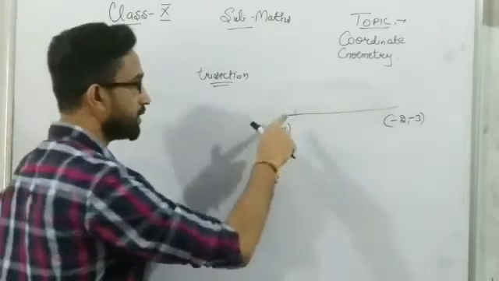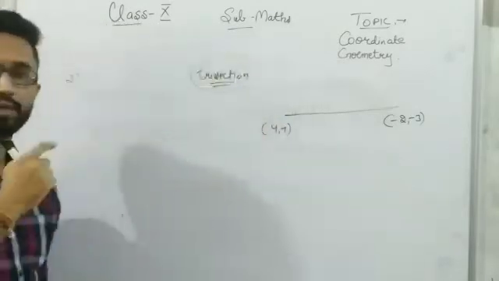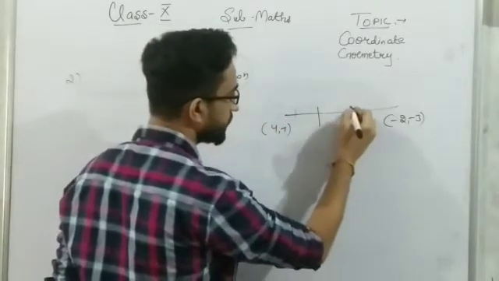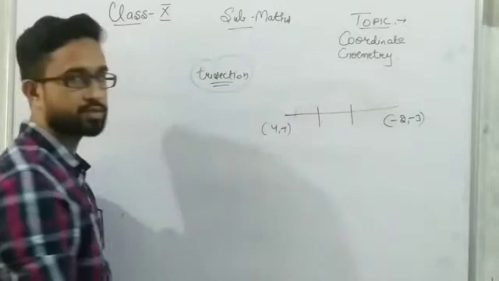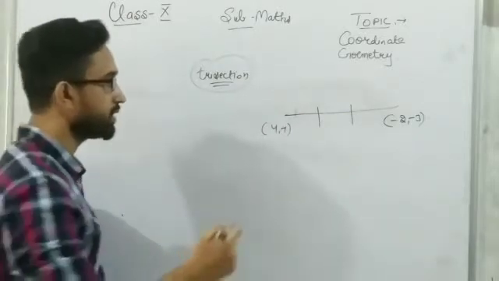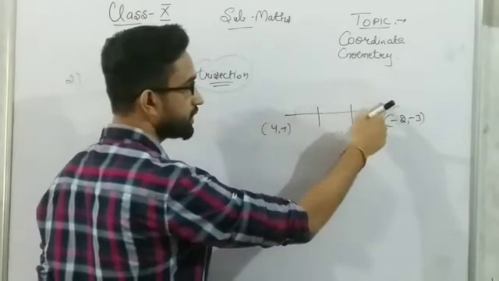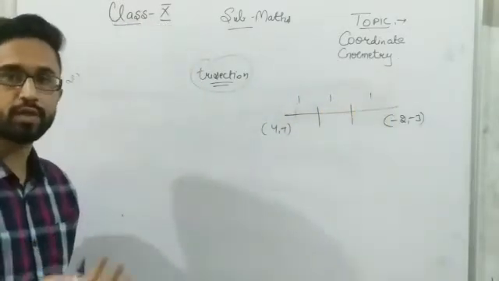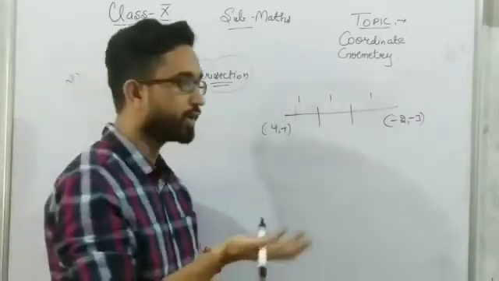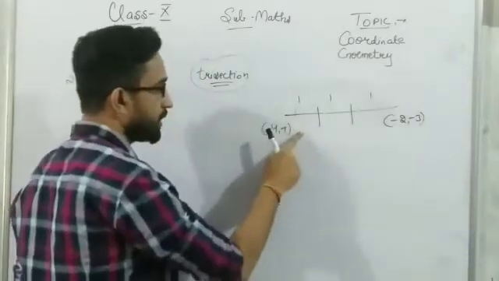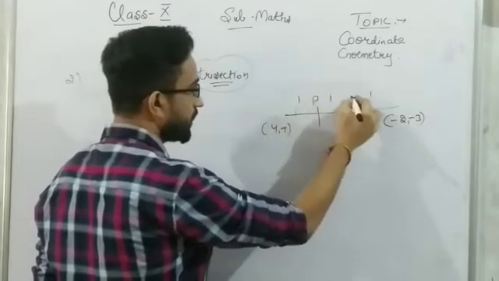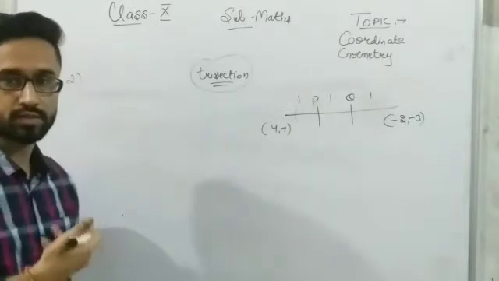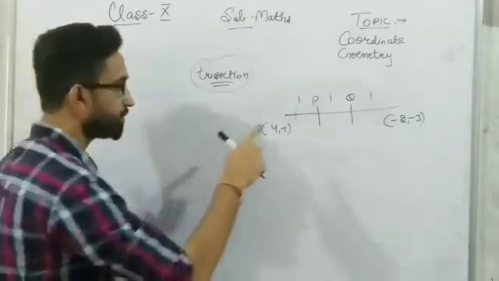So see here, they have told us trisection. Trisection means that this line is getting divided into three equal parts. Three equal parts means that the ratio of these three is going to be 1:1:1. Equal numbers in a ratio cancel with each other. So here we will get 2 points, P and Q, which divide the line into three equal parts. That is the meaning of trisection, right?